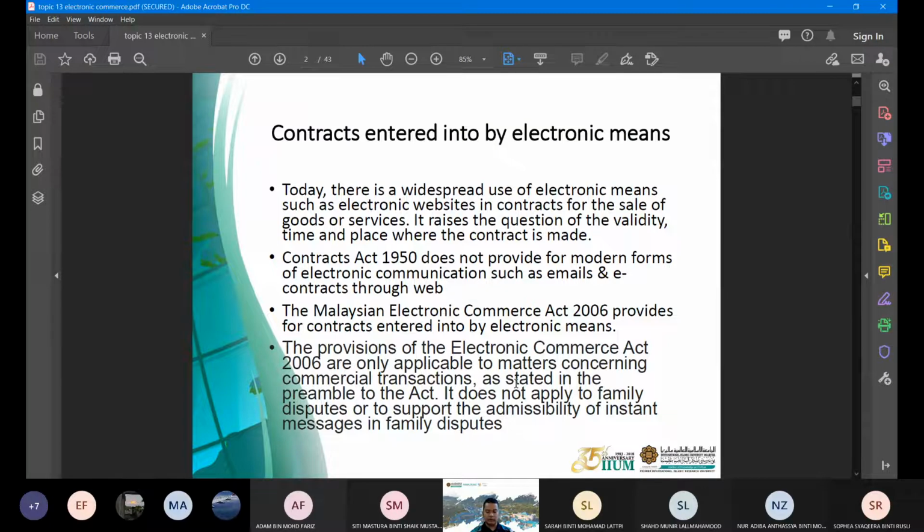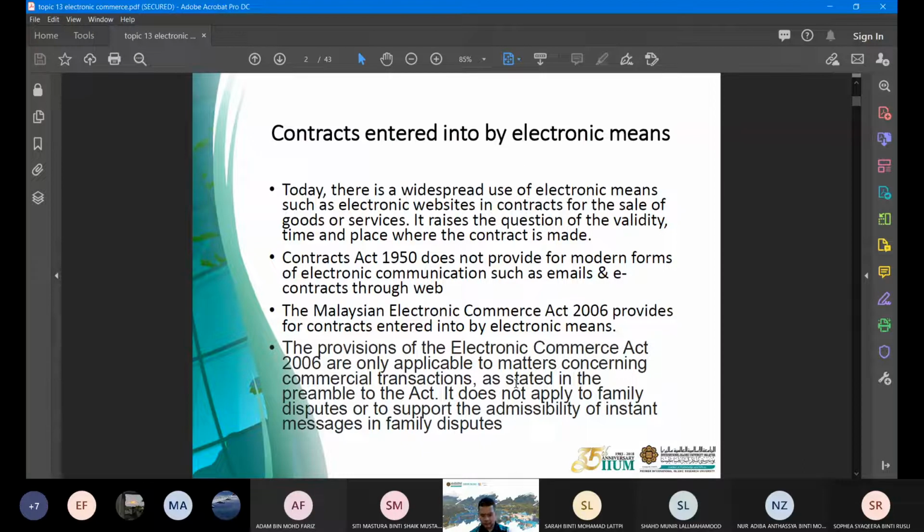You have been learning the basic law of contract, but when we want to link certain principles with what happens in the online world, then we have some limitation, because the Contract Act doesn't spell out anything, even instantaneous communication was not spelled out. It was developed through cases, and then